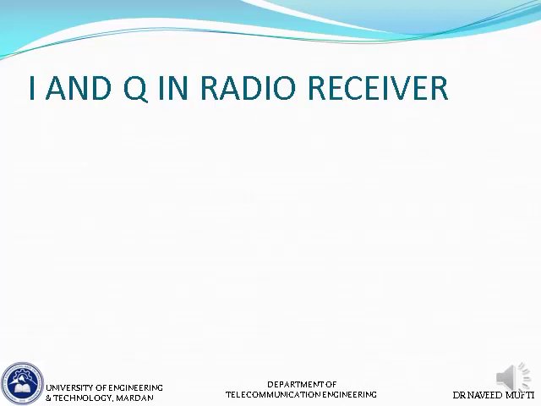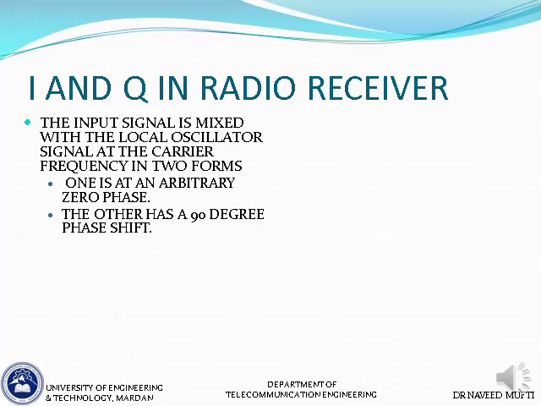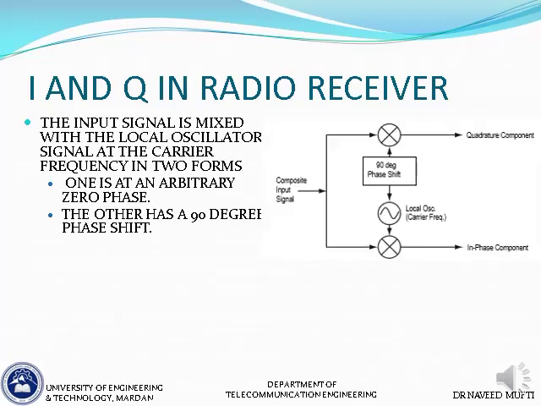So what happens at the receiver? अब receiver में उल्टा काम होता है, ठीक है. The input signal is mixed with the local oscillator signal at the carrier frequency in two forms. One is at zero phase, the other is at 90 degree phase shift. तो जो भी incoming signal आ रहा है,